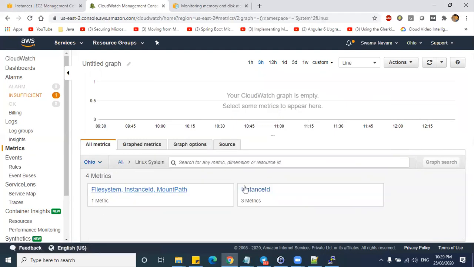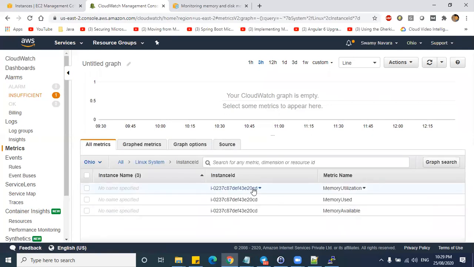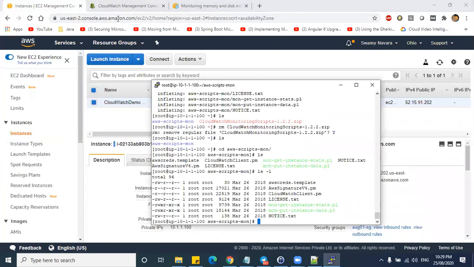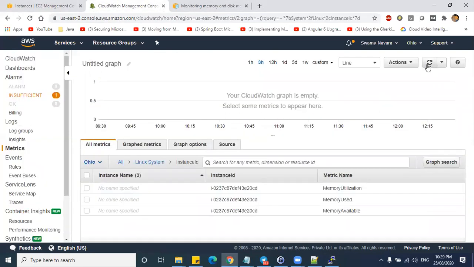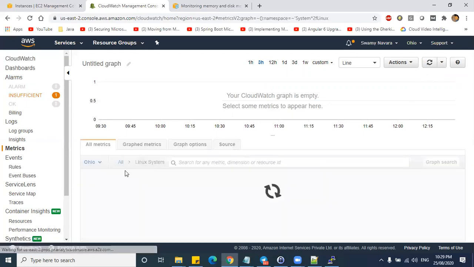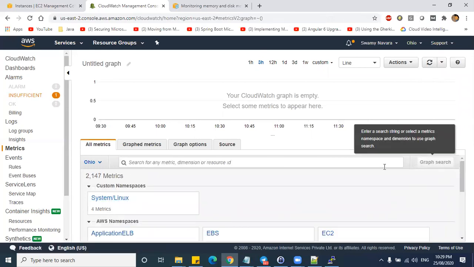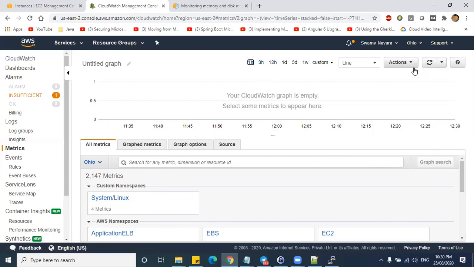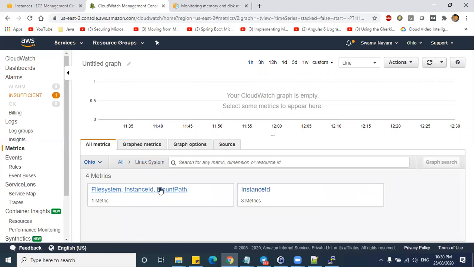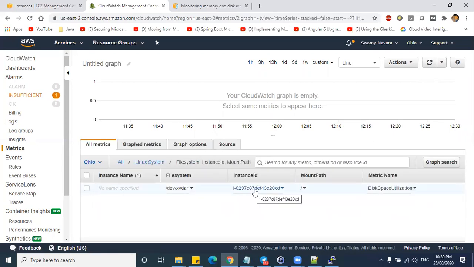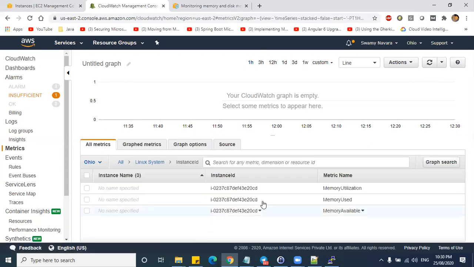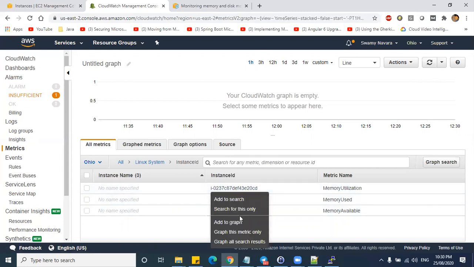Now, if you go to Linux and select instance ID, so this is our instance ID. Okay, let me, it is the old logs. So this is disk space utilization, and if you go to instance ID, this is not the instance.